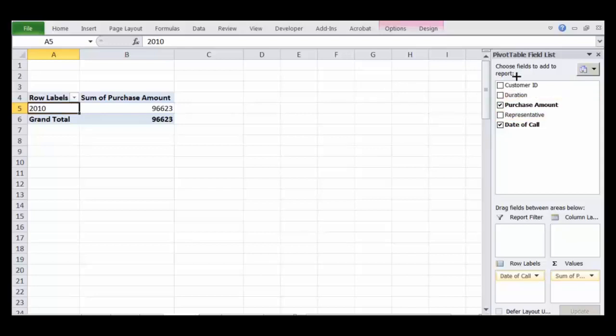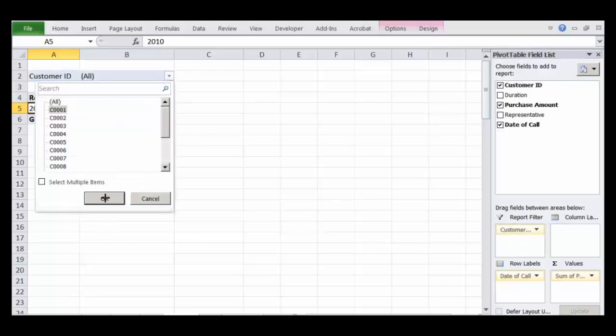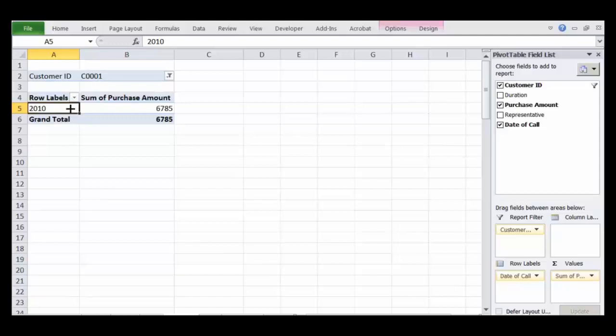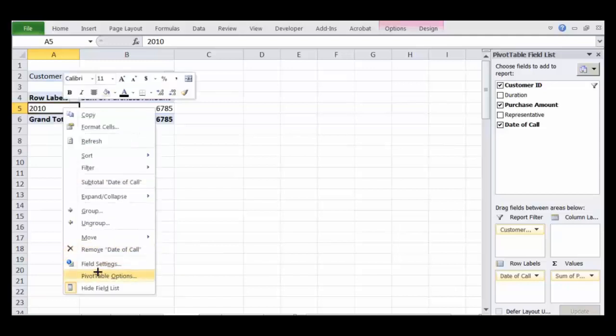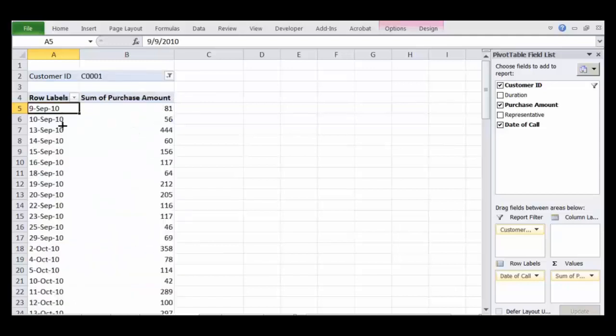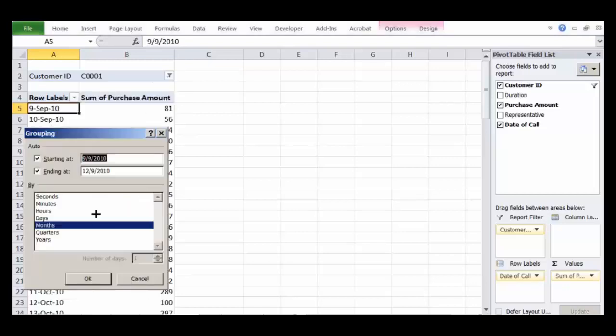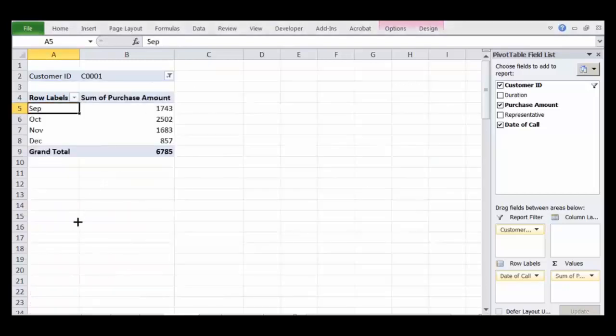Right? Here what you can do is you can put the customer as a report filter, and you know that, okay, customer number 1, how he has performed over, let's say, months. What you can do is you can group in months. So see, you say customer 1, this is how he has performed over the months.